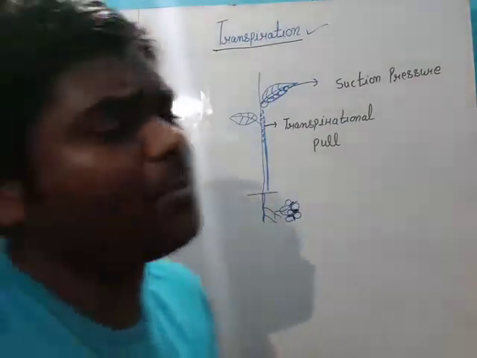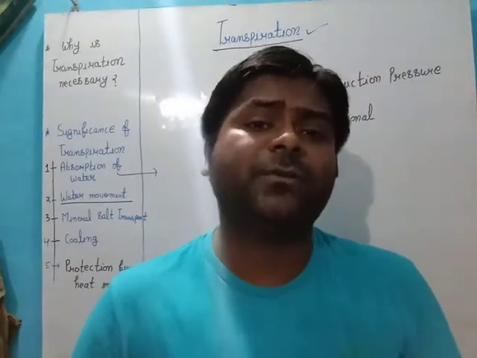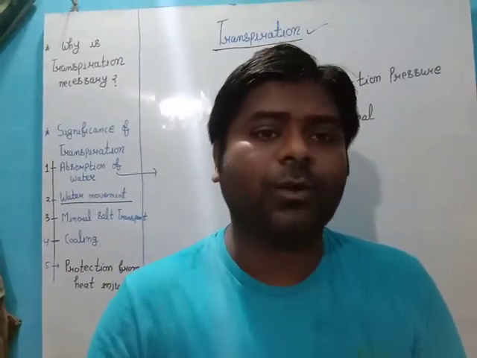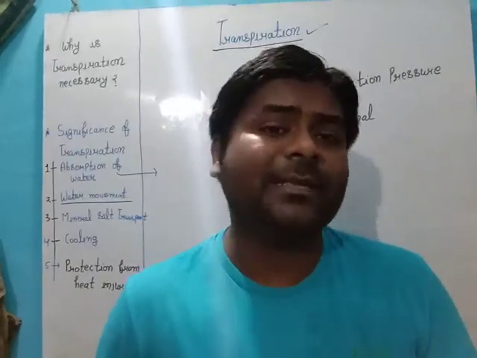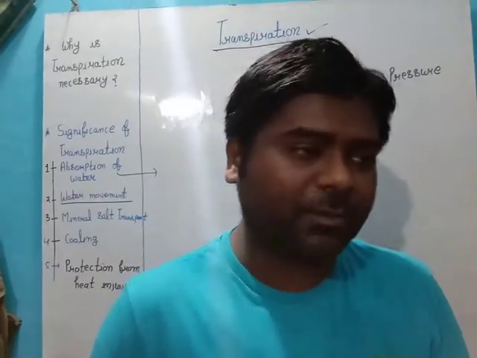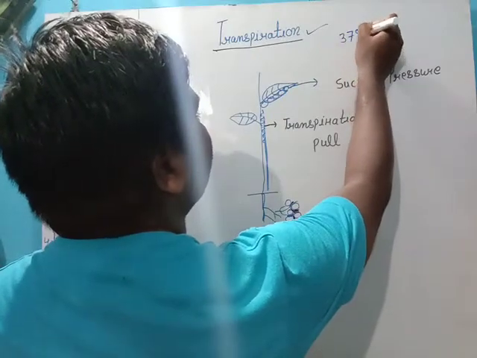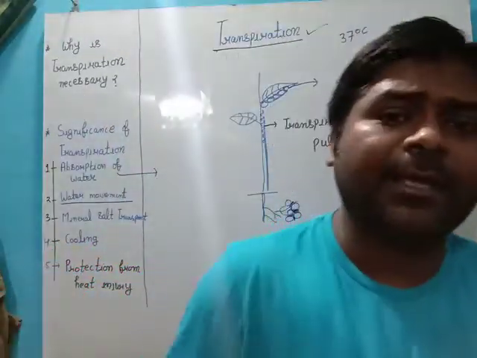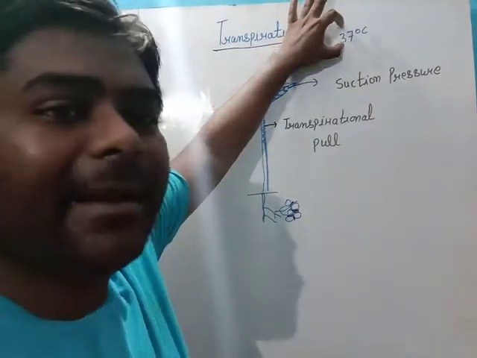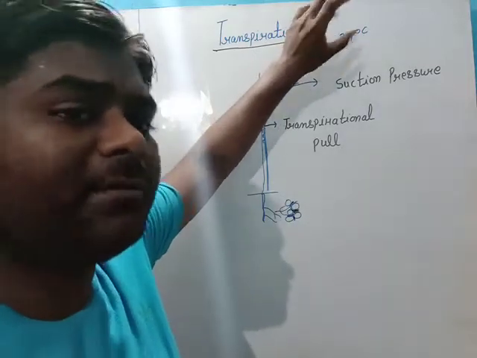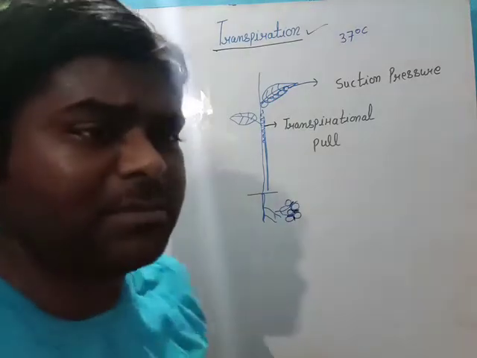Then we have cooling, common understanding. At the time of summer, we have a production of sweat and we consume more water. At the time of the winter, we do not have production of sweat and we consume less water. So what is the reason behind? Try to focus on that. Our internal body temperature, we know that 37 degrees centigrade. We are taking example of ourselves. Then we'll put into the plant's body. So this is the body temperature of the human beings, not the plants. So human beings body temperature is 37 degrees centigrade at the constant condition.